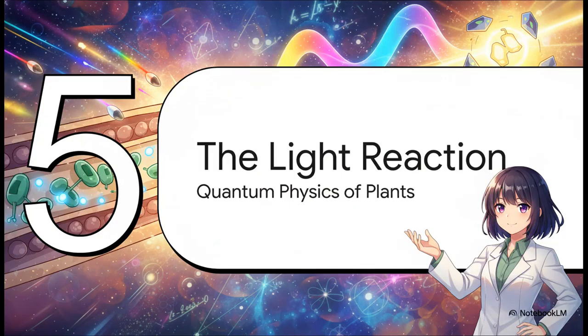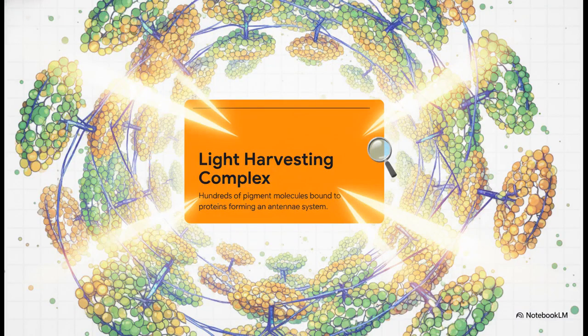Let's move to our final section, Section 5, the light reaction. It's time to zoom all the way into the micro level and look at the actual quantum physics of this photochemical phase. To trap light efficiently, those pigments we just talked about don't just float around randomly. Not at all. They are meticulously organized into what we call a light harvesting complex, or LHC. Think of it as a massive, highly efficient molecular satellite dish. Each complex is made of hundreds of pigment molecules bound tightly to proteins, all acting together as a giant antenna